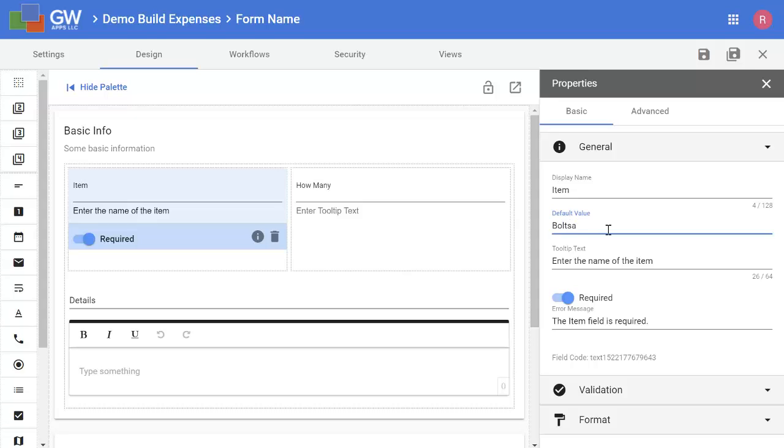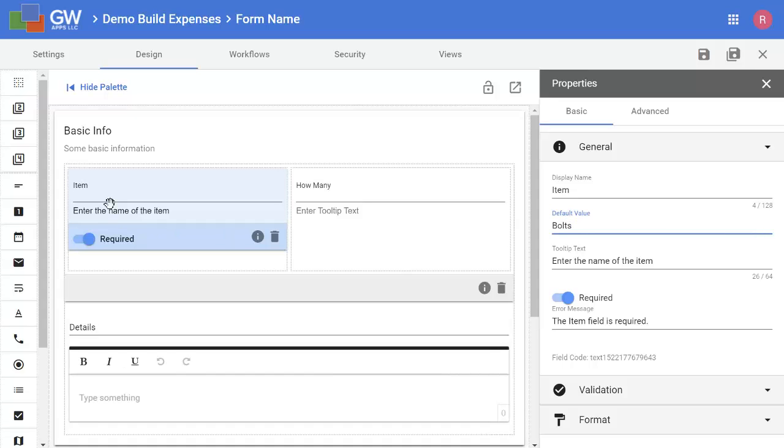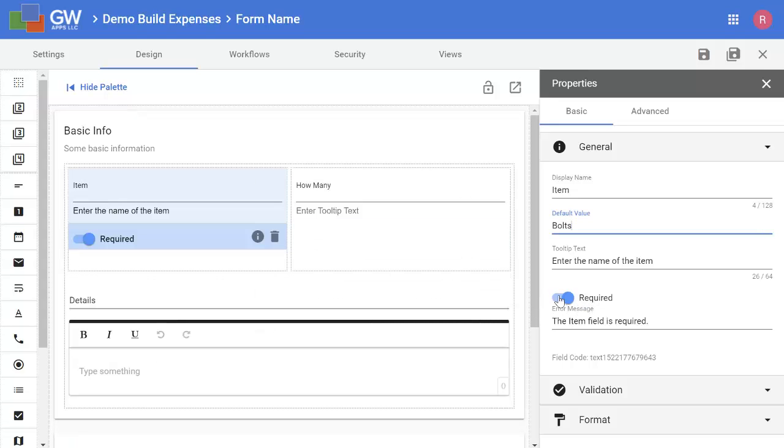So for example, if I type bolts in as a default value, anytime a record is created with this form, the text bolts will appear here in the item field. The text can then be edited, replaced, deleted, but all records would start with that default value in this particular field. I also have control over whether or not the field is required, but from here I can change the